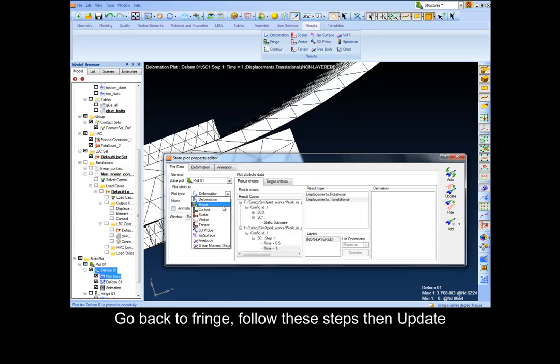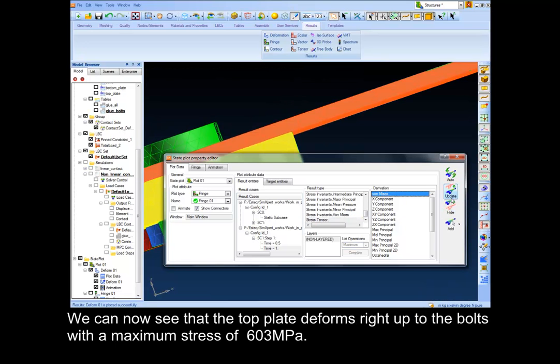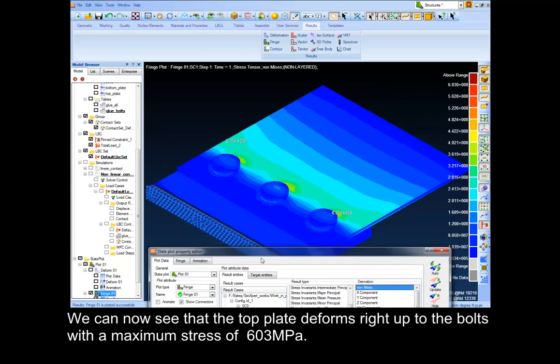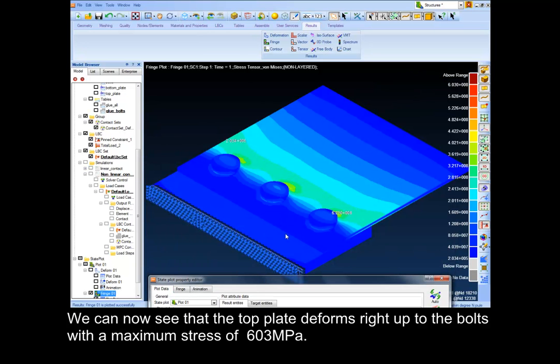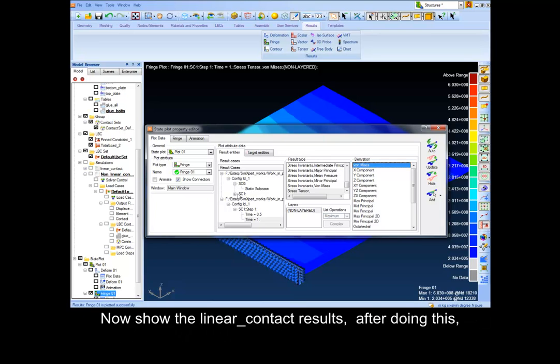Go back to Fringe, follow these steps, then Update. We can now see that the top plate deforms right up to the bolts with a maximum stress of 603 megapascals. Now show linear contact result. After doing this,